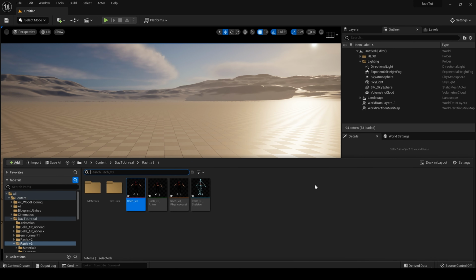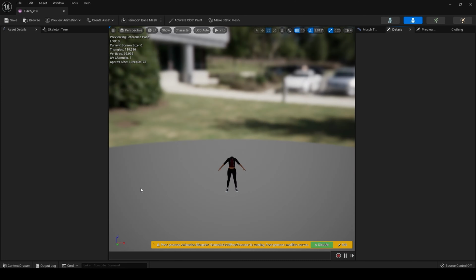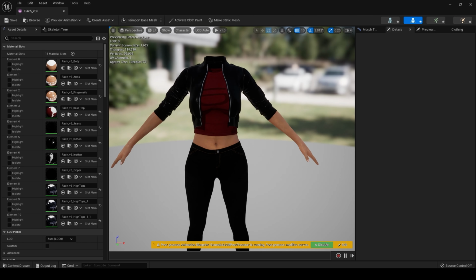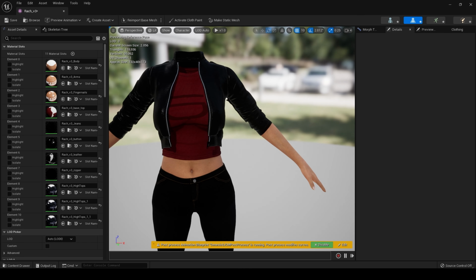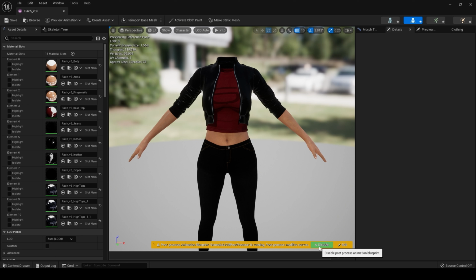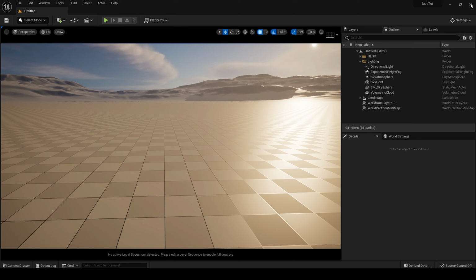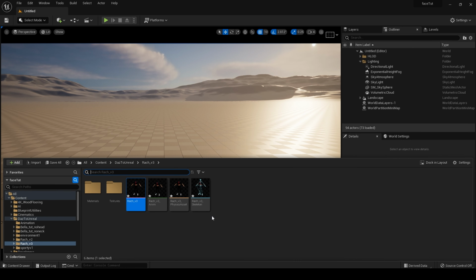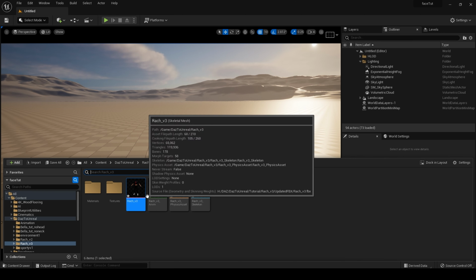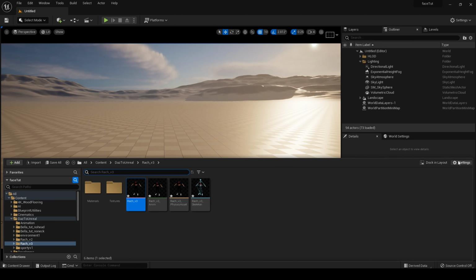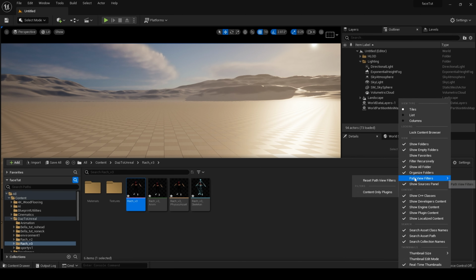Go to our content drawer, and in Daz to Unreal, here is our Rage version 3. Let's click on it. And here is the body we just imported. First, I need to do some housekeeping. So let's just close this for a moment. And what I want to do is add a post process for our skeletal mesh. And because we're using our own skeleton, we need to